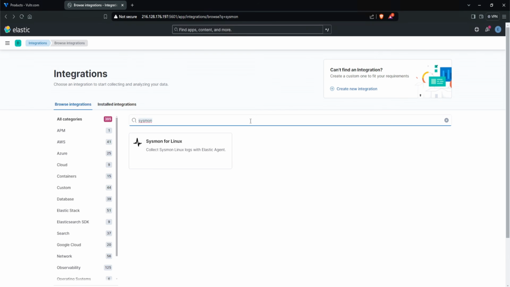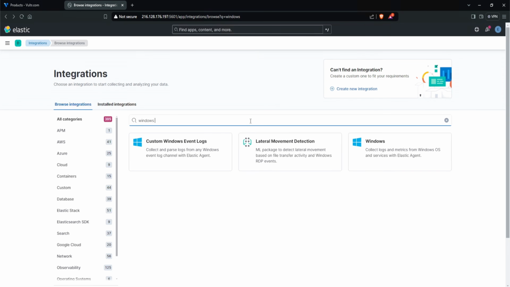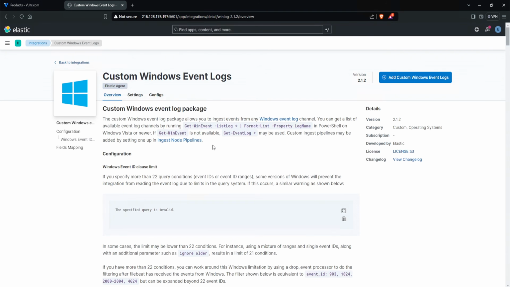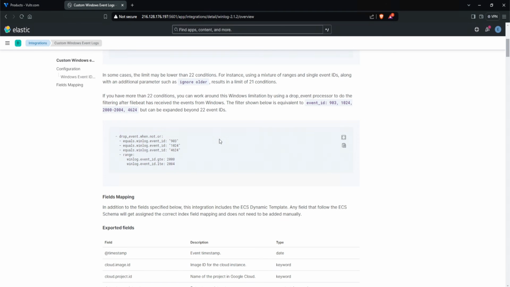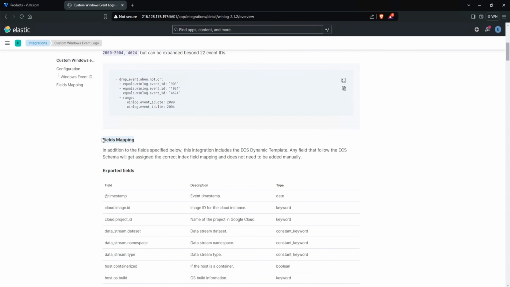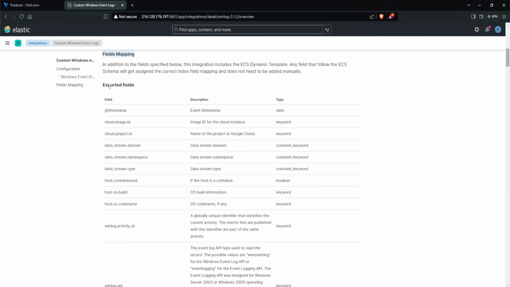Instead, what we can try and do is search up Windows events, and we do see a custom Windows event log. So let's select that, and let's take a look. It says the custom Windows event log package allows you to ingest events from any Windows event log channel. This is exactly what I'm looking for. And if we scroll down, we do see a fields mapping, which does contain all of the exported fields for